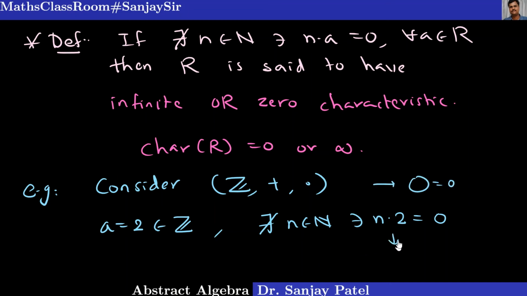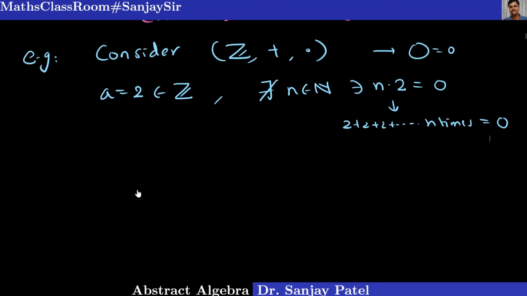This means 2 plus 2 plus 2, n times. So if you keep on adding 2, it keeps on increasing. You will get a bigger and bigger integer, so it will never become 0. So we cannot find such an n in the ring of integers. I can say the characteristic of Z is 0 or infinite. So the characteristic of the ring Z is equal to 0. So we have seen one example of a ring with finite characteristic and one example of a ring with infinite characteristic. Okay, and